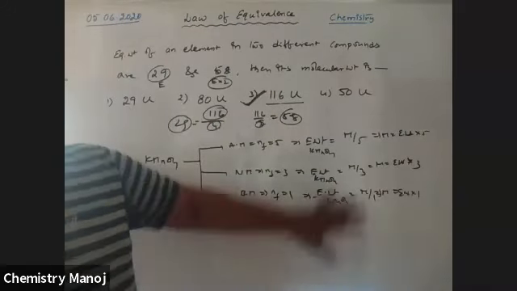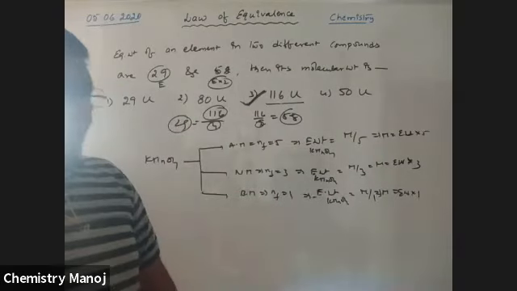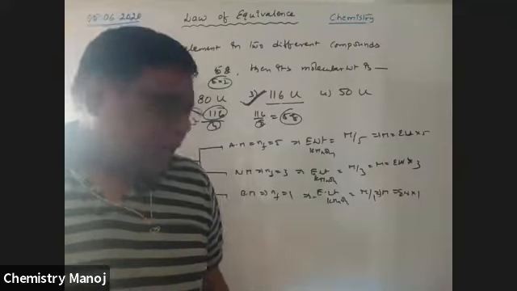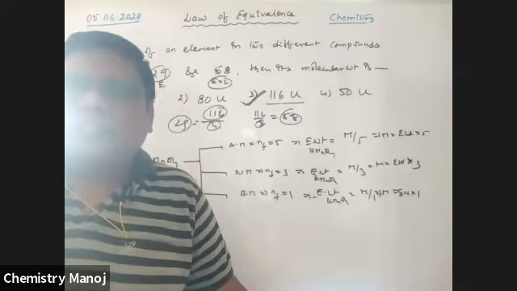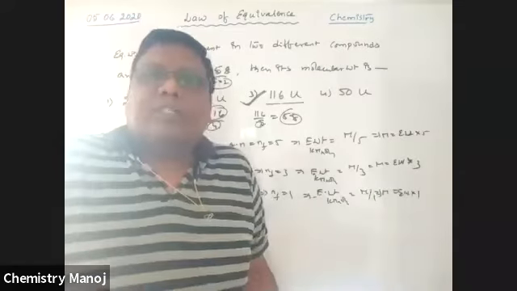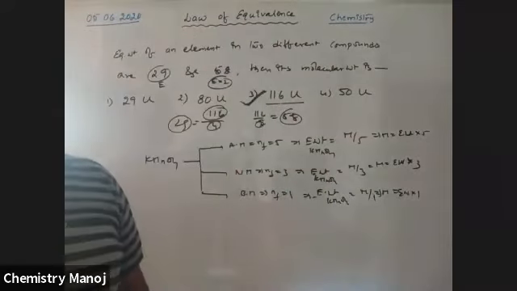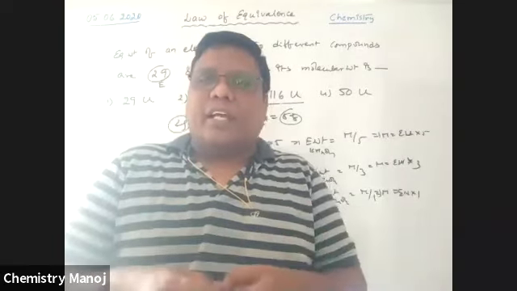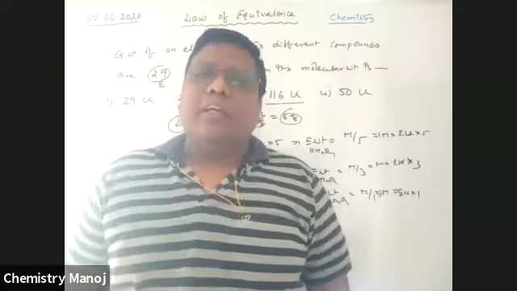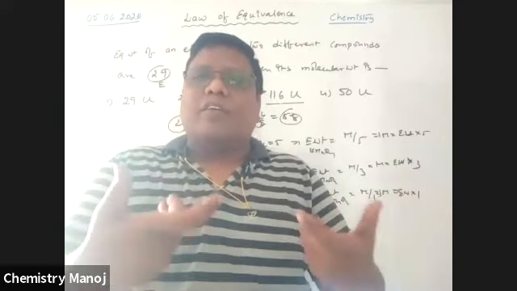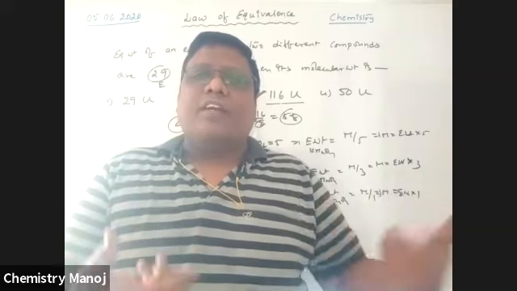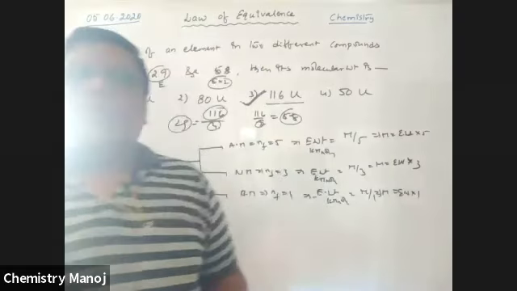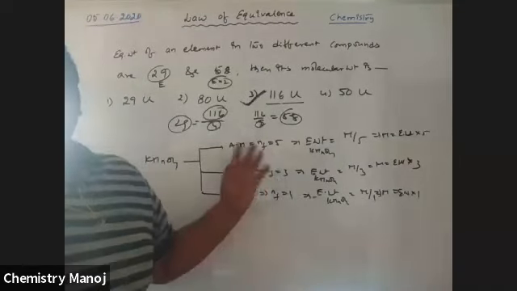Okay. These are different models based on our N factor and equivalent weights and also gram equivalents. Today, there is the concept of the law of equivalence. So these are different ways. When two chemicals react with each other, their gram equivalents are equal. Gram equivalents of A is equal to gram equivalents of B. So equivalence means n into n factor, n into n factor. So number of moles, we should compare each and every one. Like that, we are going to solve a number of problems. We already solved some problems.